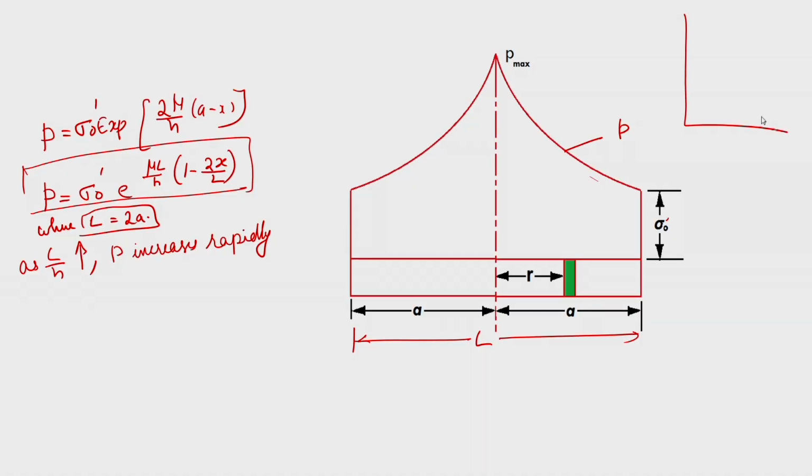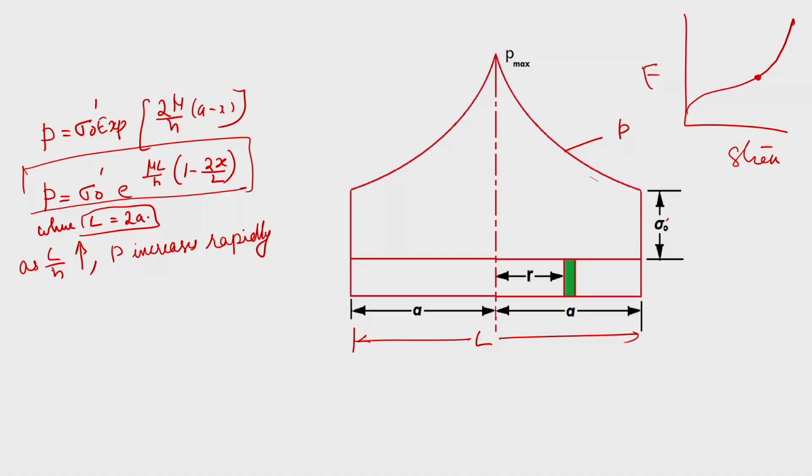There we have already discussed that as the die closes, the flash is formed. Once the flash starts forming, you will find in that curve, with stroke and force, that the stress keeps on increasing. This is the point where the flash starts forming and the pressure required for the deformation keeps on increasing. When H is very small compared to L, the forces are going to increase like anything.